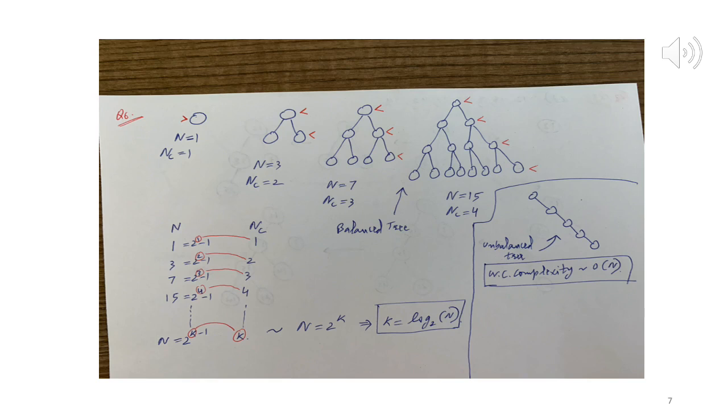Therefore we can say that the more balanced a tree is, the better we can do in terms of complexity, because log n is much better than n. We've seen that chart. If n is 1024, log n is only 10. So that's a big difference. I hope the worst case complexity analysis for a binary search tree is now clear. For a balanced one, it's log to the base 2 of n, and for an unbalanced one, it's of the order of n.